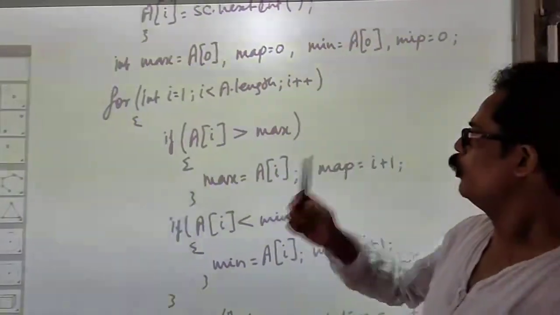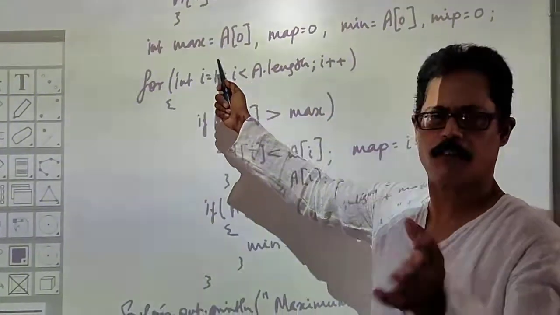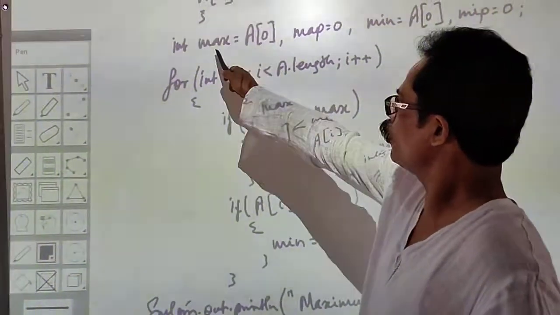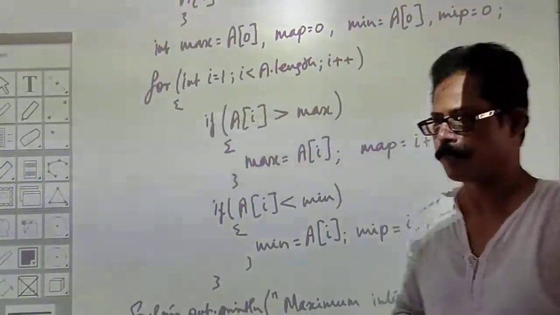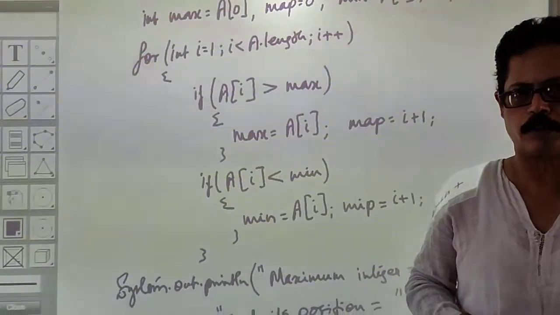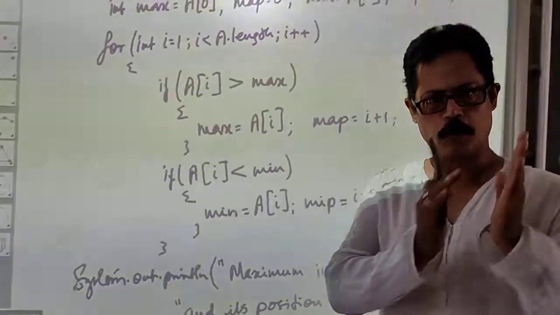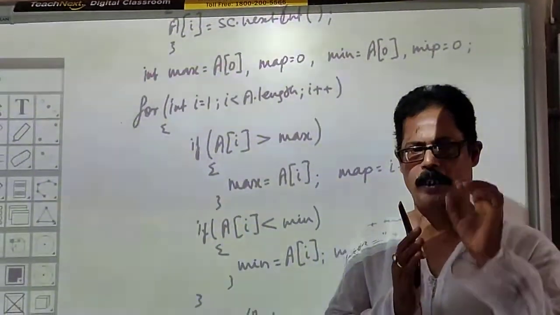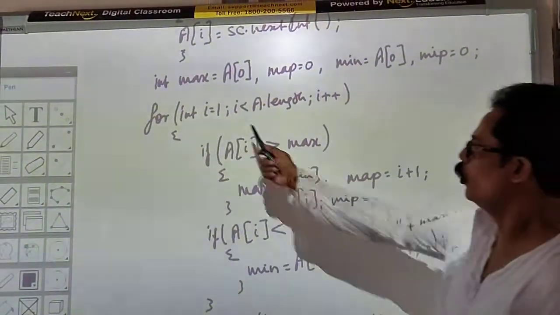So here what we are doing is storing the first value of the array, whatever the first value may be. It may be negative, it may be positive also. So the first value is stored in max as well as in min, and of course the index position is stored there. Thereafter we compare with the second integer, because there is no need of comparing with the first one, since we are already storing the first one. So we move on to the second element, and its index is 1. So we start the loop from 1.